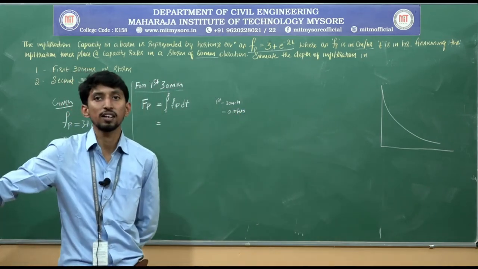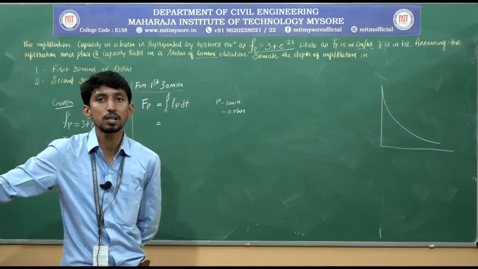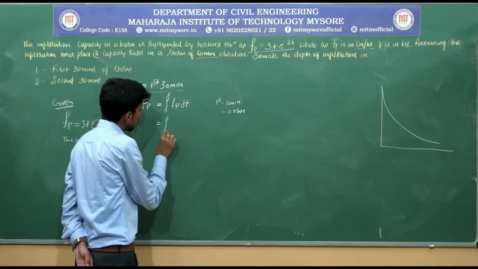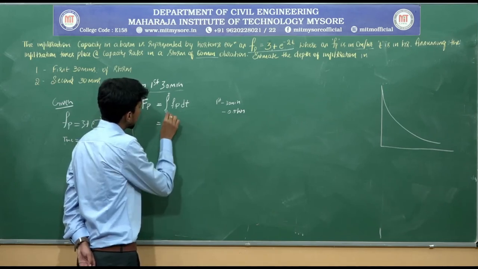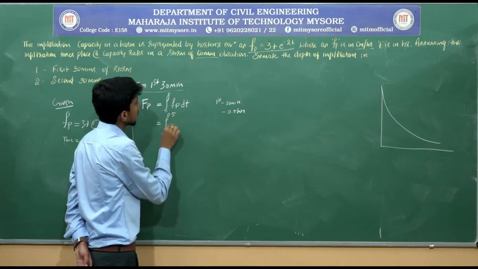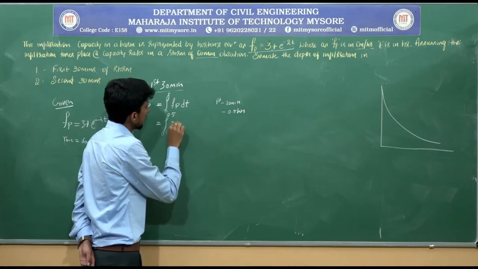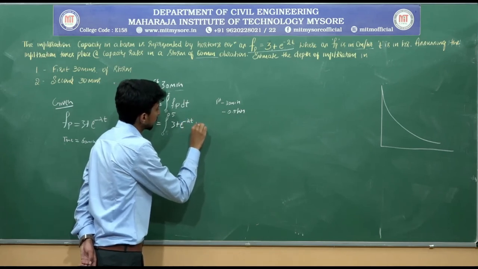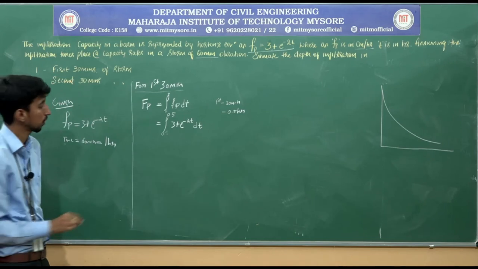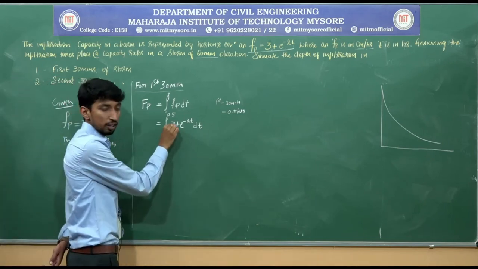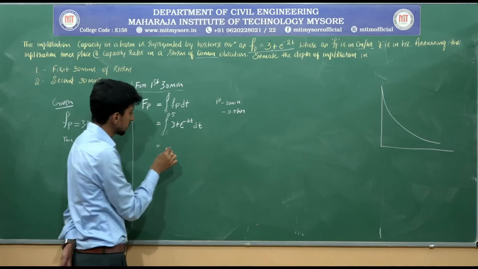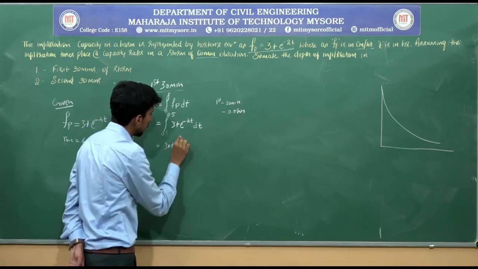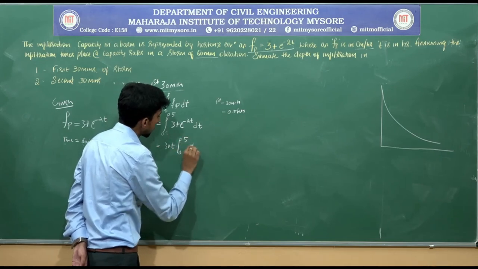For 60 minutes we can write it as 1 hour. For 30 minutes we can write it as 0.5 hour. Here the limit is 0 to 0.5, integration of 3 plus e power minus 2t dt. What is the integration of 3? Integration of 3 is 3 into t, limit 0 to 0.5, plus,